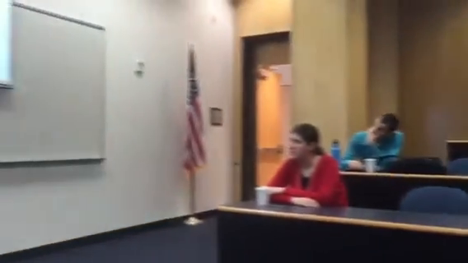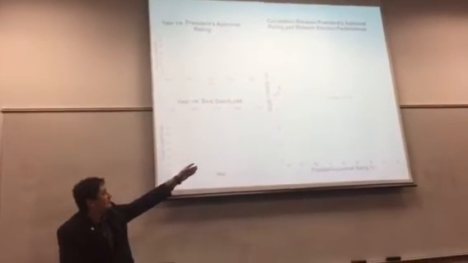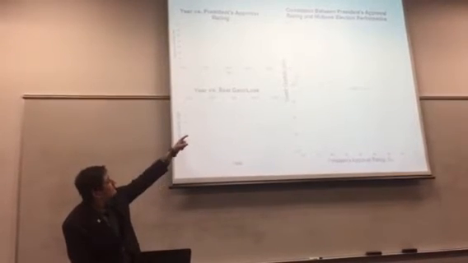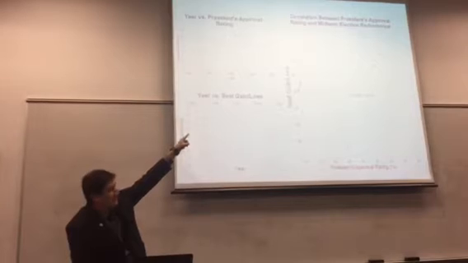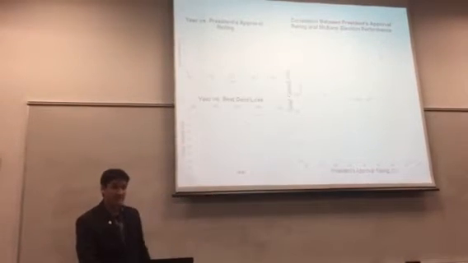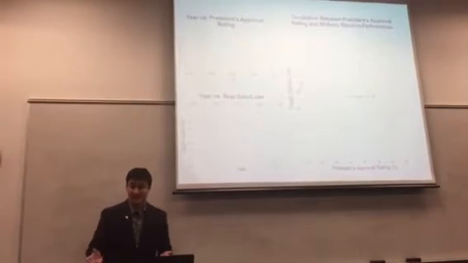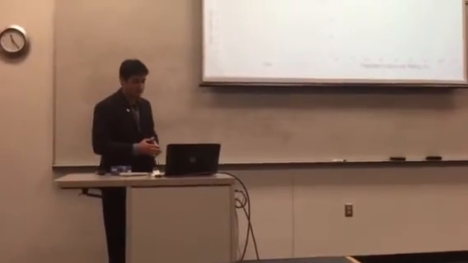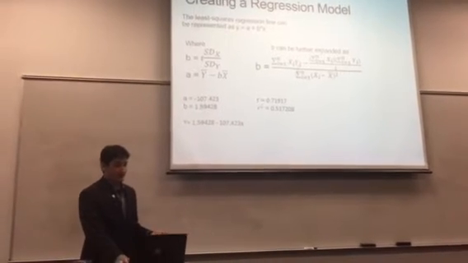So here you have some of this represented graphically. Over on the top right, you can see the president's approval rating versus the seats gained and lost. This is interesting, I wish I had a pointer, but over there near the top is the 0, and only 2 points are actually above 0, which means there are only 2 times in history since 46 that the president's party gained seats. That was 98 with President Clinton and 2002 with President Bush. Now, I wanted to create a predictive model from this.